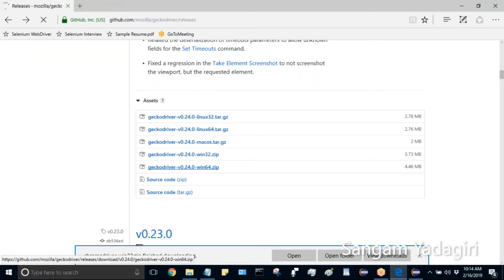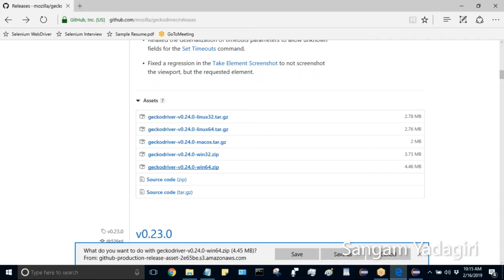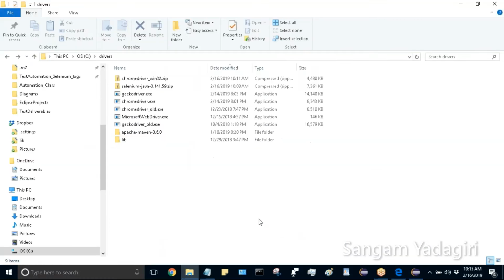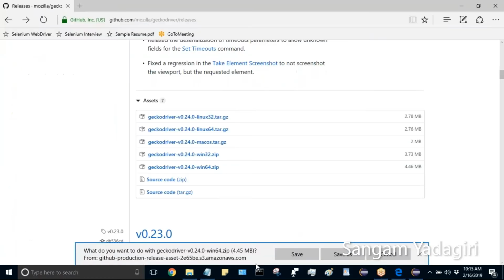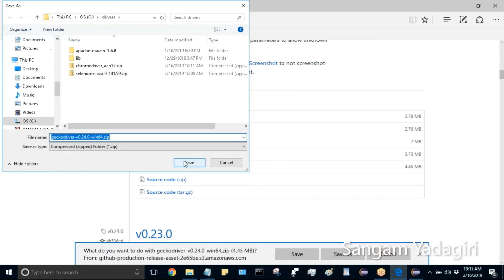64-bit works with 64-bit only, but 32-bit works with both 64-bit and 32-bit, so it's backward compatible. So even if you're 64-bit, you can download 32-bit, no problem, but not the other way around. If you have a 32-bit version, you only have to download the 32-bit. All right. Okay. Now I'm going to save it in the drivers folder. You can save it in downloads, but just cut it and paste into drivers so that you can